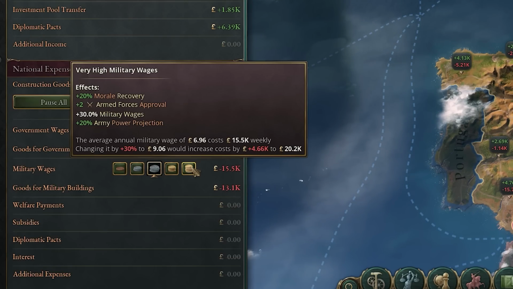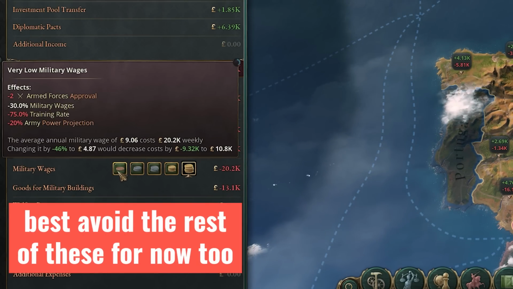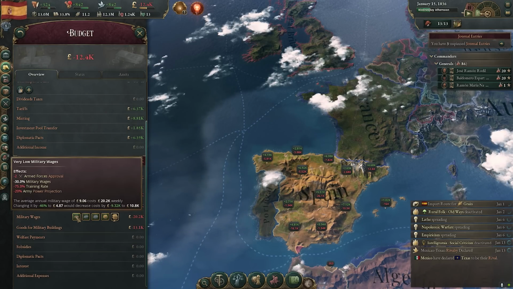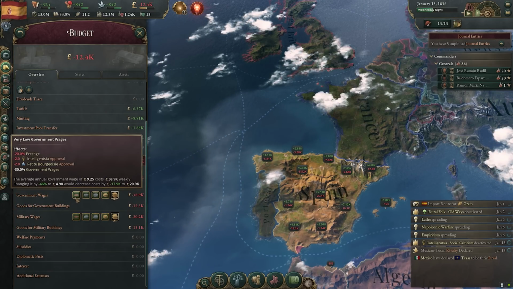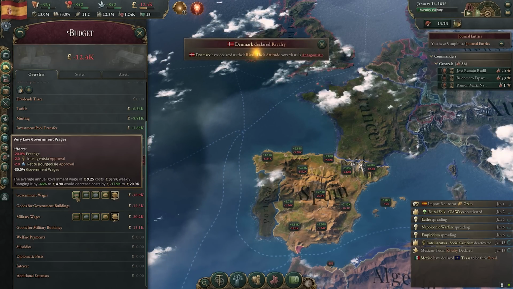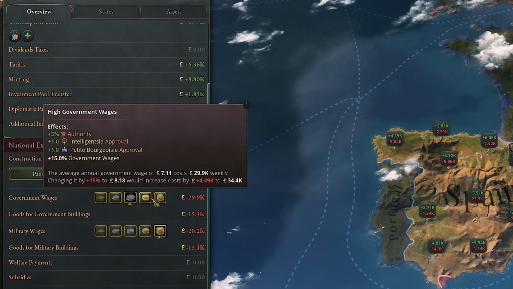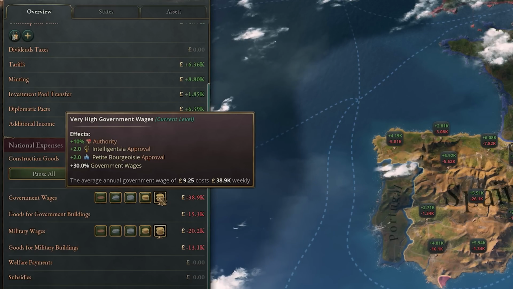We'll talk a little bit more about the military later in the video, but it's important to note also that the negative wage growth categories, the very low and the low, do now provide some fairly nasty modifiers. You wouldn't want to be fighting with reduced training rate, maybe your power projection being lower isn't ideal, and also the minus 20% prestige, not quite as impactful, but generally speaking, try and keep this in the middle or drive